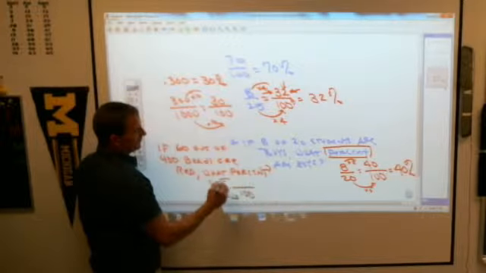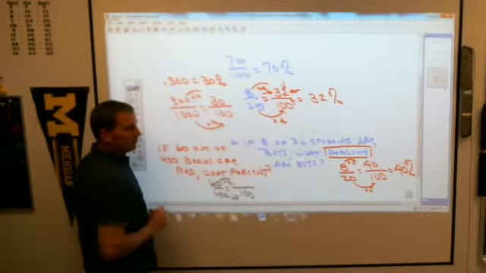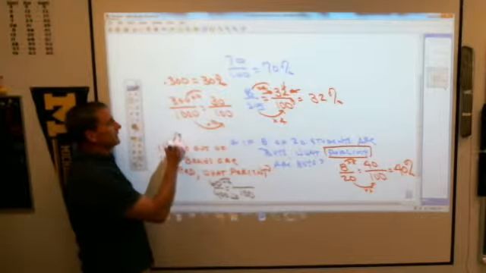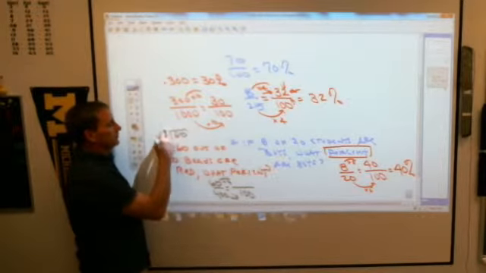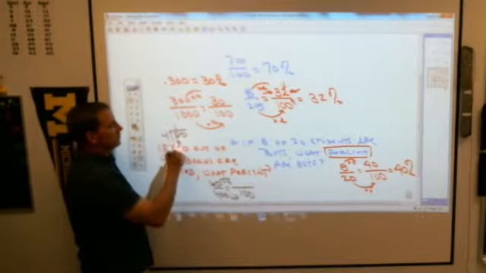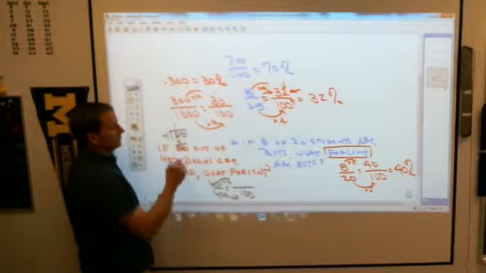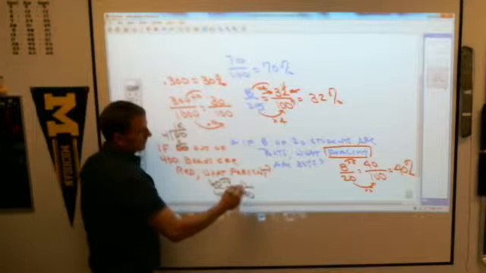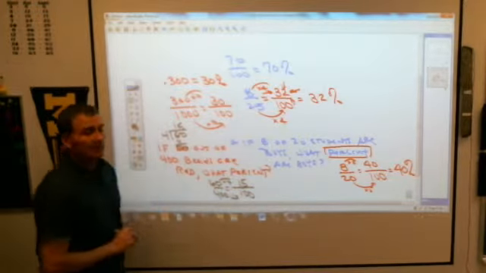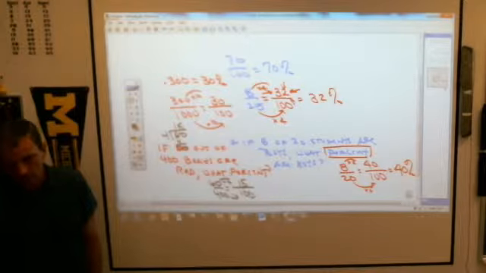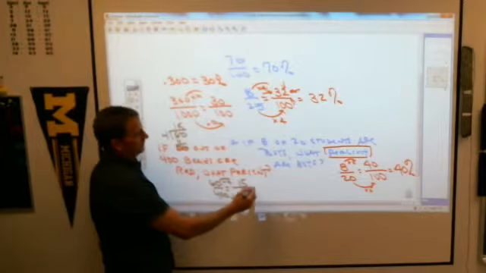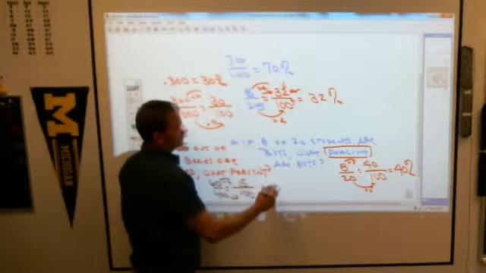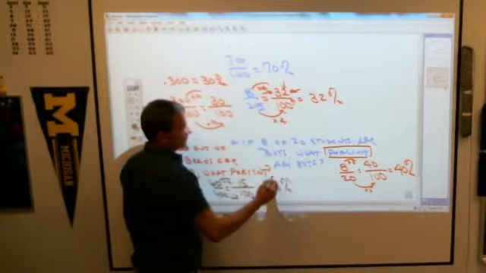What about 60 divided by 4? That might require you actually to do some work and go out to the side and say, I need to take 60 and divide it by 4. 4 goes into 6 once. 4 goes into 20 5 times. So this is 15 over 100, which is not my answer because that's not the percent. What is the percent? 15%. There you go, 15%.